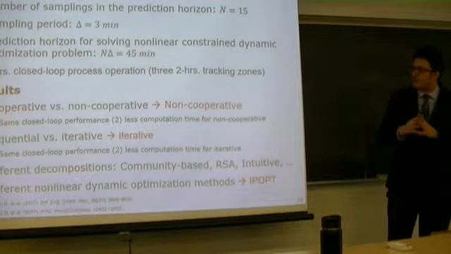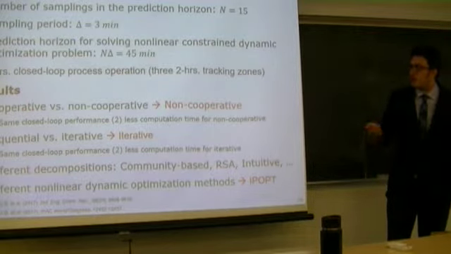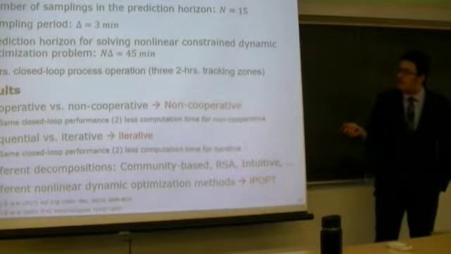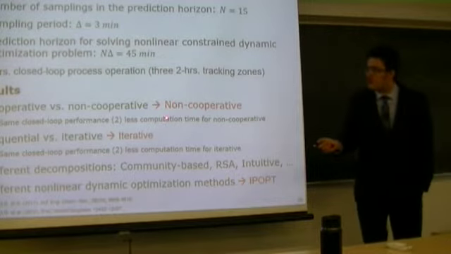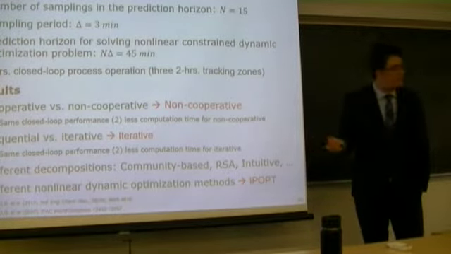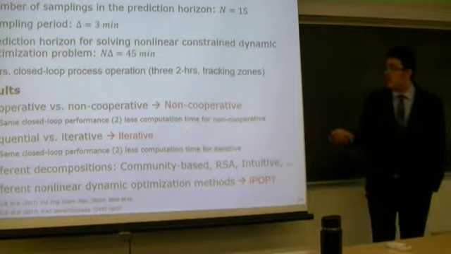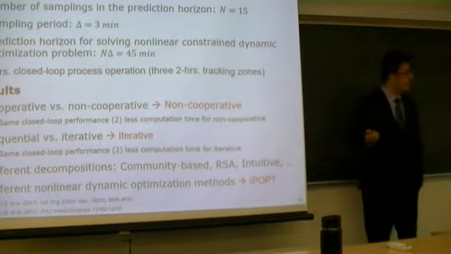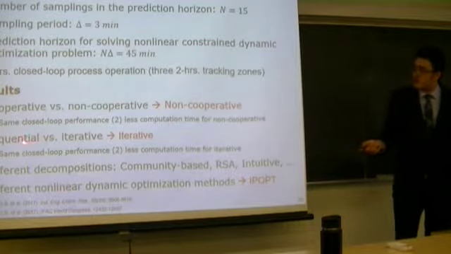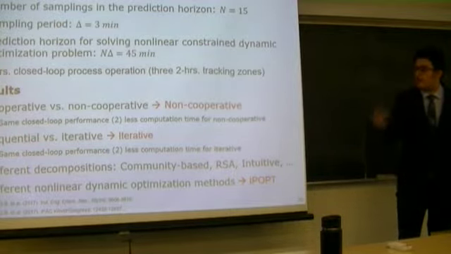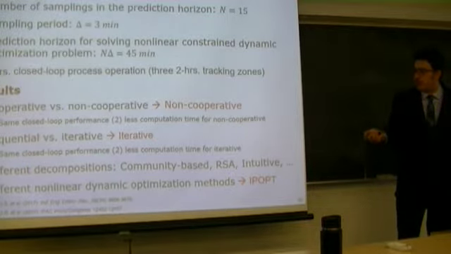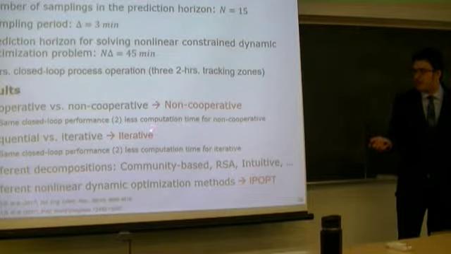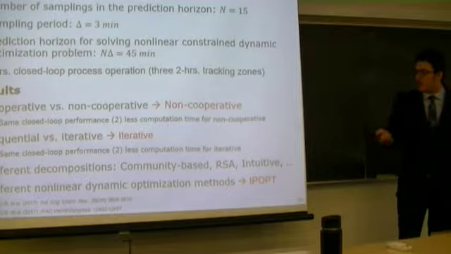We consider a variety of cooperative and non-cooperative architectures, but to summarize, when we compare cooperative and non-cooperative, the non-cooperative control architecture has the same closed-loop performance as the cooperative for these simple cases. However, it requires less computational time. We also compare sequential and iterative information flow, and they both result in the same closed-loop performance, but using the iterative control architecture, we obtain less computational time to operate the